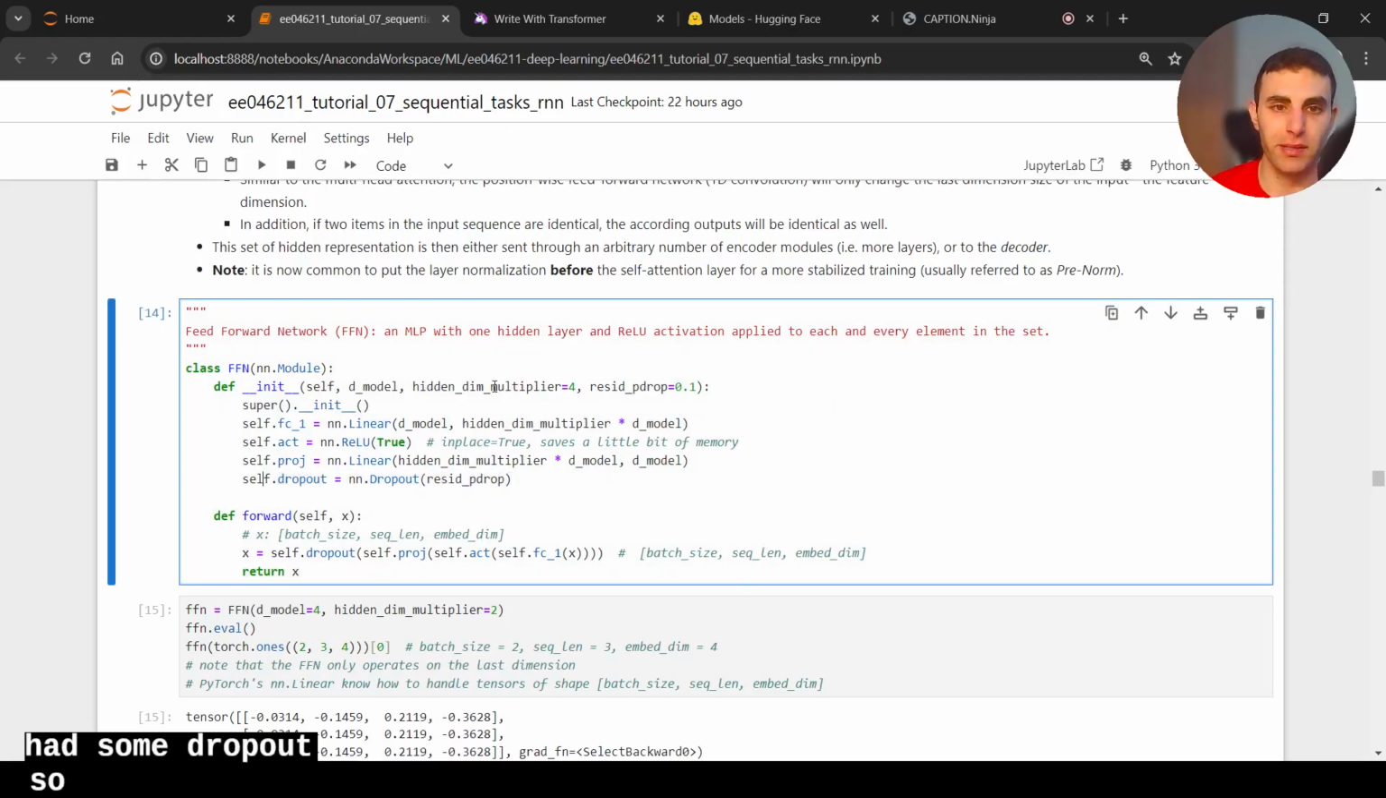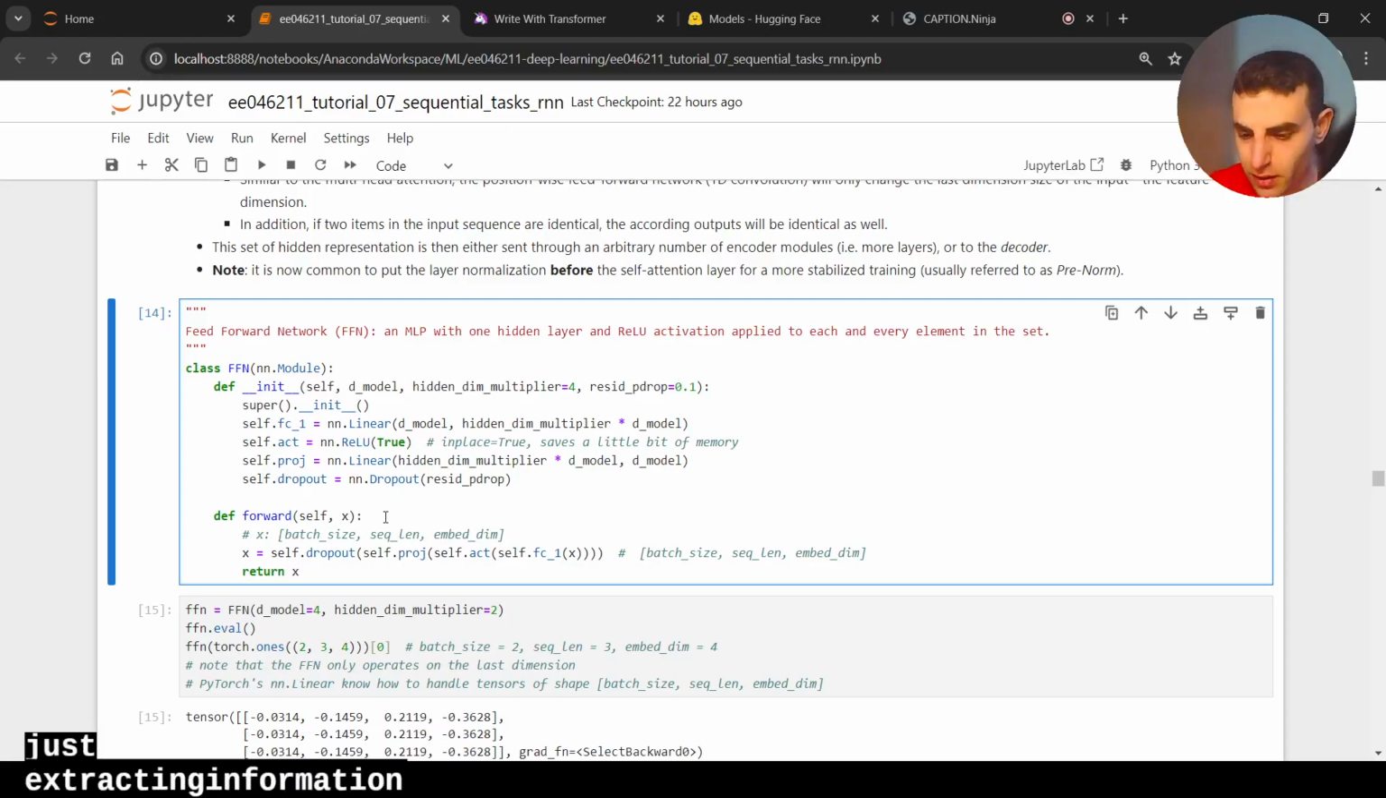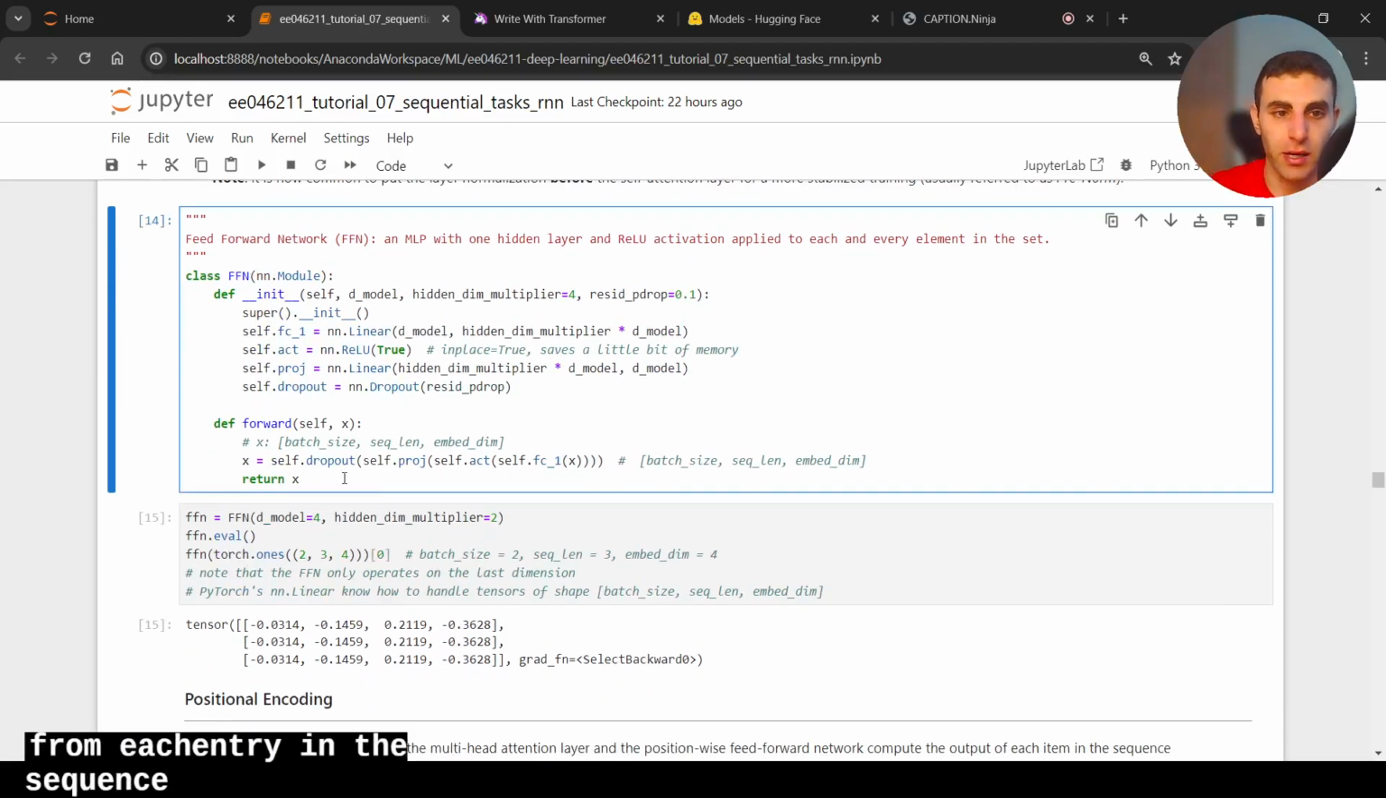So very simple. Now, one thing to note here is that we operate on the last dimension, right? In PyTorch, nn.Linear doesn't care that your tensor is 4D or 3D, it just operates on the last dimension. So this MLP is shared between all the embeddings, because this same MLP operates on every entry in the sequence. So the weights are shared. We just extract the information from each entry in the sequence, right? So here's an example. So we have this